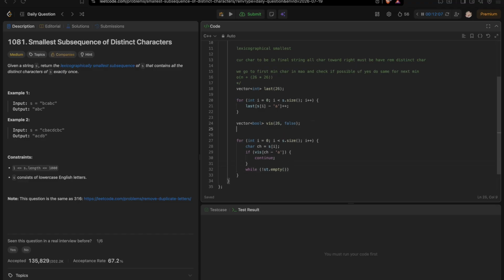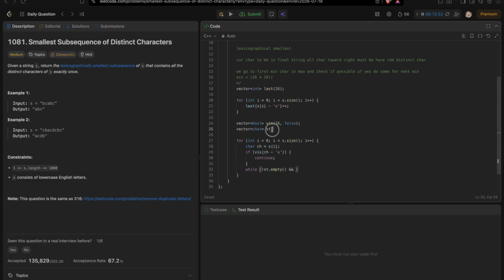We needed stack, but int is enough, right, for here. Char stack, yeah. While not stack dot empty, and